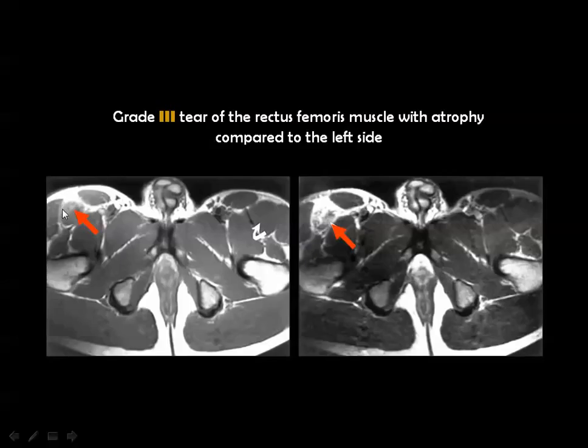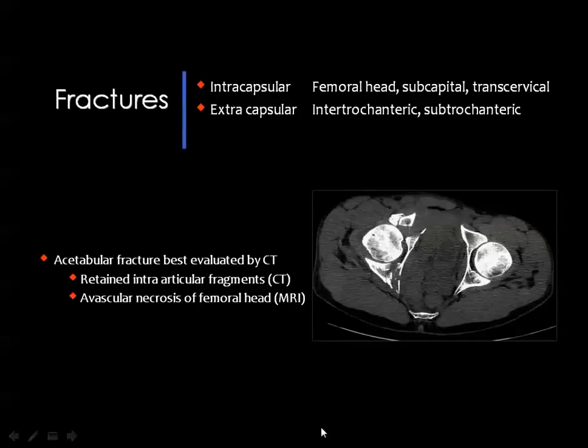The rectus femoris muscle in this area is showing abnormal signal, and it is relatively atrophic compared to the normal rectus femoris muscle, you remember. Then,